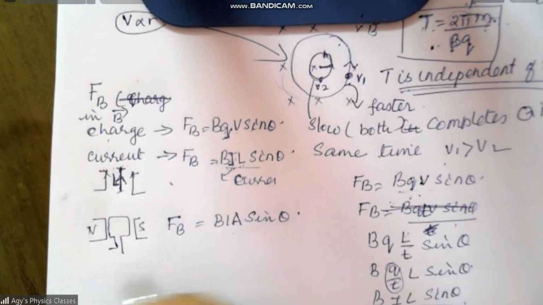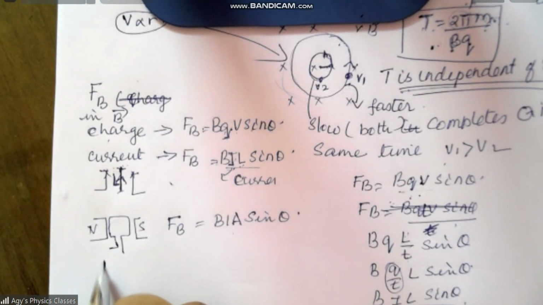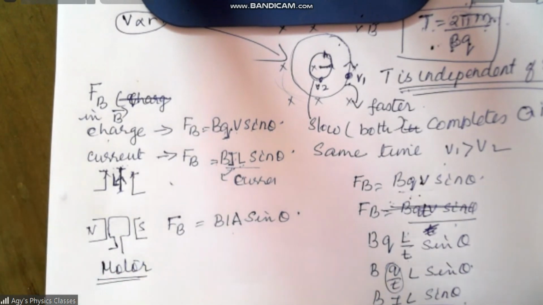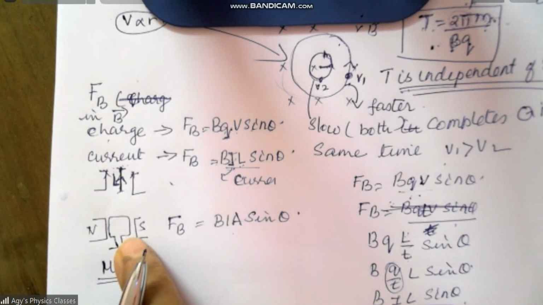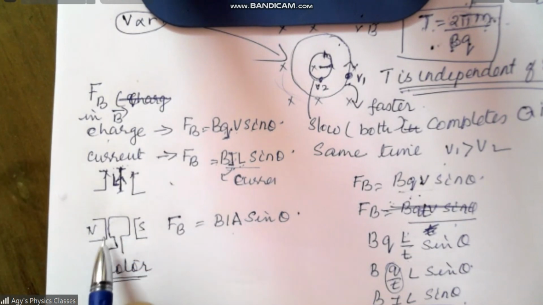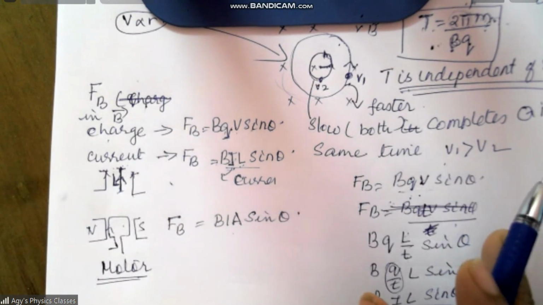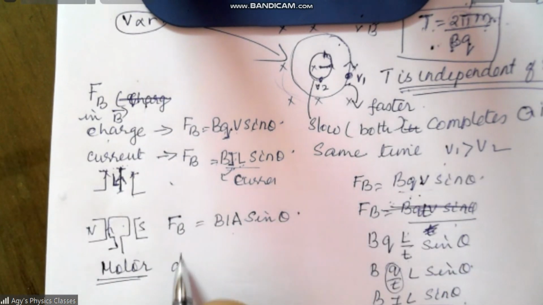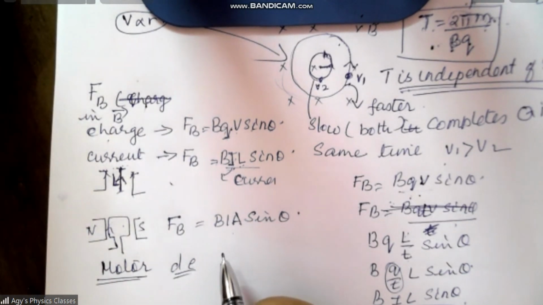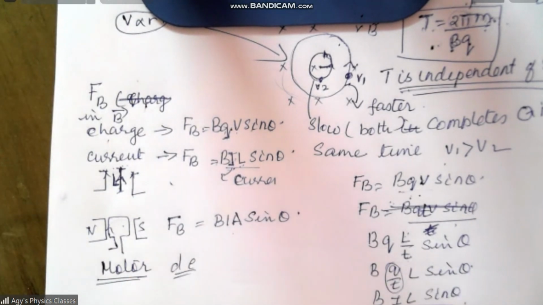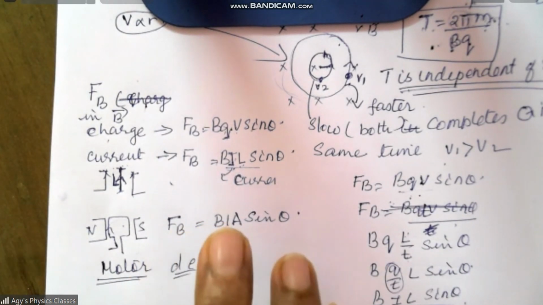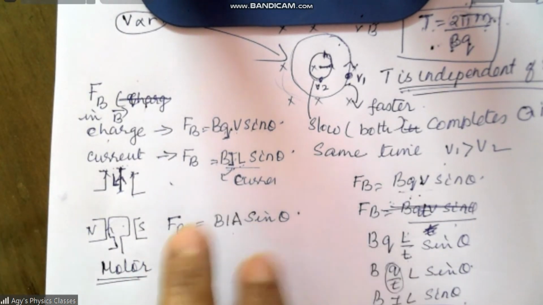Now, this is the principle for a motor. Now that I am going to teach you. In a motor, what you have is just a coil of wire instead of this. That's all. We are going to learn about the DC motor. Shall I start? I'll draw the diagram now. I'll draw the structure and the